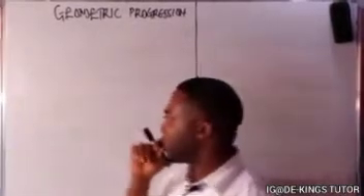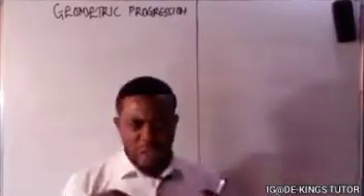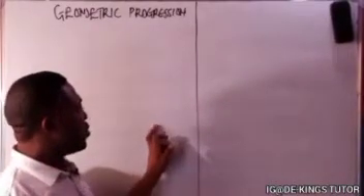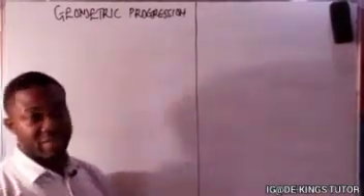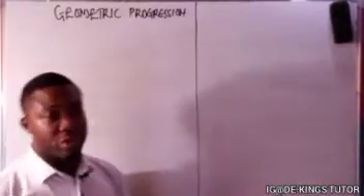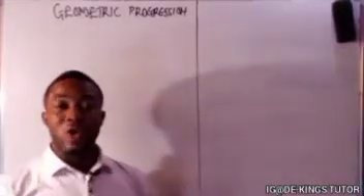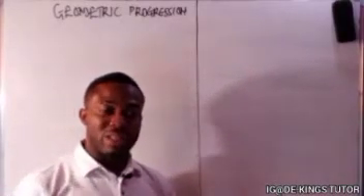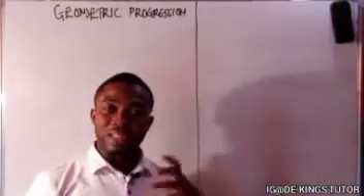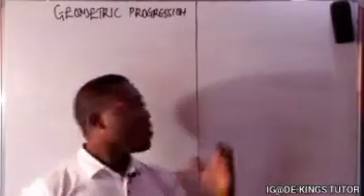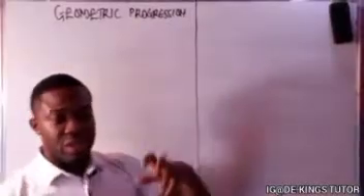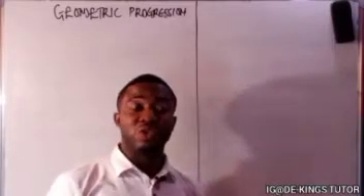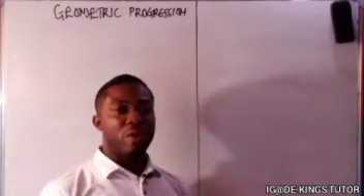Now, what is geometric progression? We said while we were talking on arithmetic progression, there is a sequence or series in which there's a common difference between the given terms. So a geometric progression is a progression in which there's a constant ratio between the given terms, and this constant ratio is known as the common ratio. For instance,